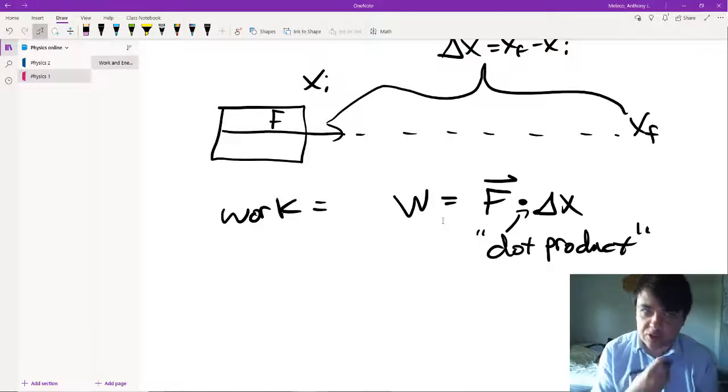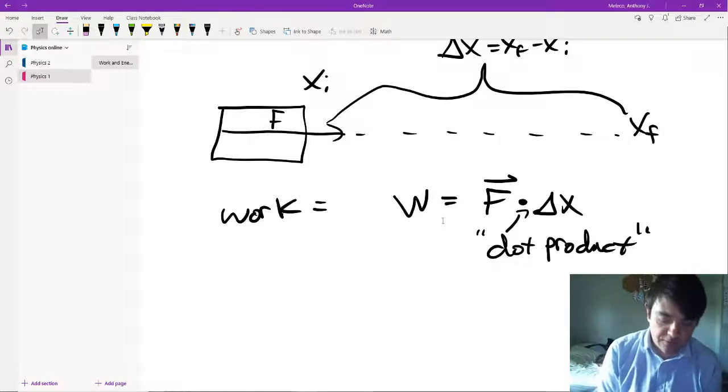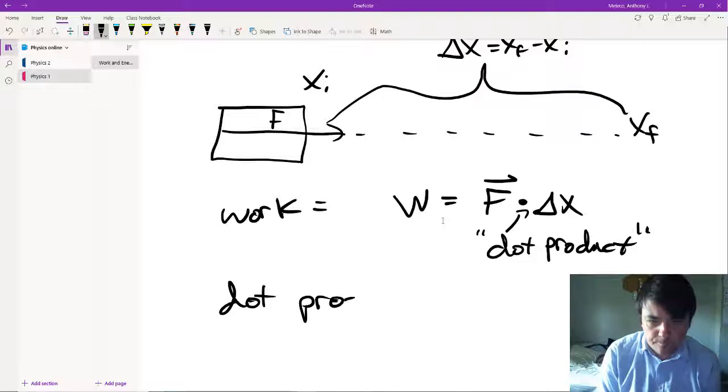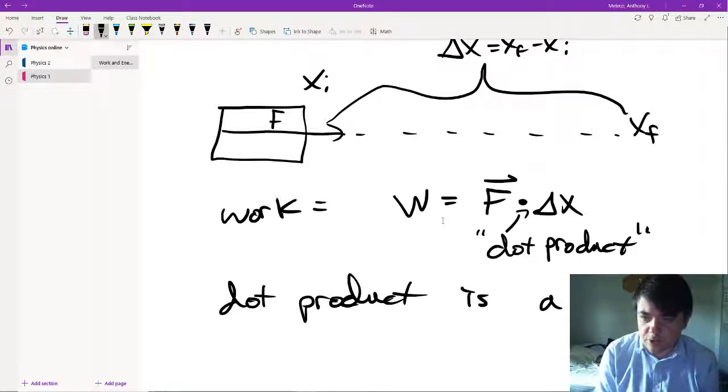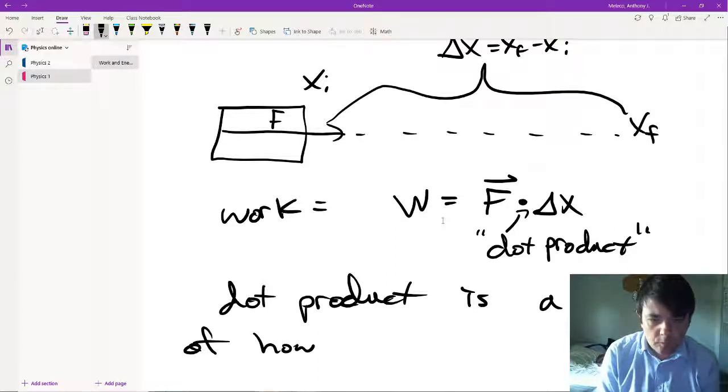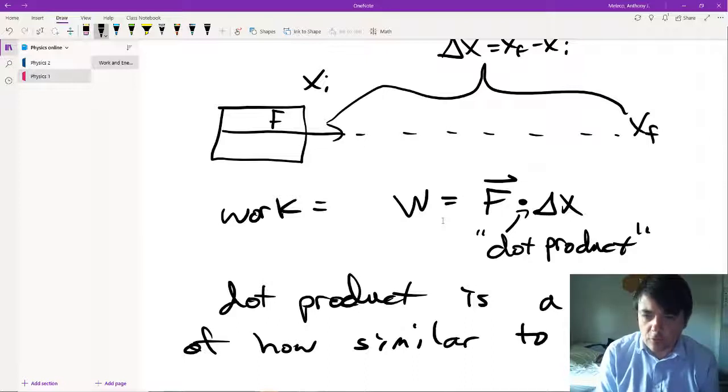In fact, multiplication is really the wrong term for it, but I'll talk about what it is. Essentially a dot product is a measure of how similar two